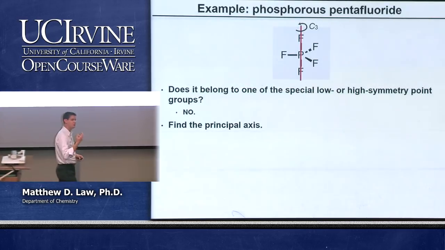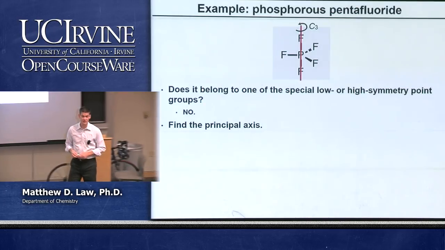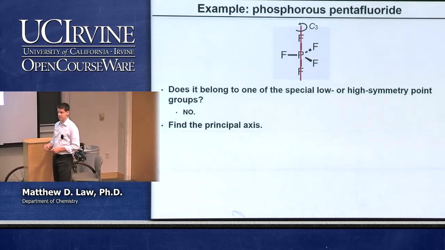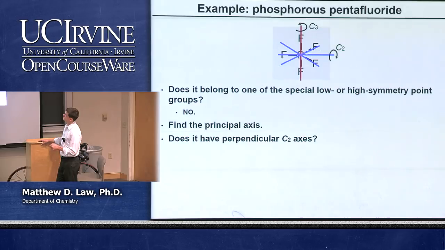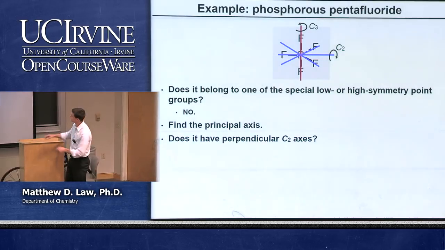The next question: are there perpendicular C2 axes? And there have to be either 0 or 3 of them, we know, right? There are perpendicular C2s. There they are. They go from phosphorus to fluorine, each of the three individual fluorines. Rotate 180 degrees around that axis, and you flip these fluorines up there, and you flip the other two fluorines in their place as well.